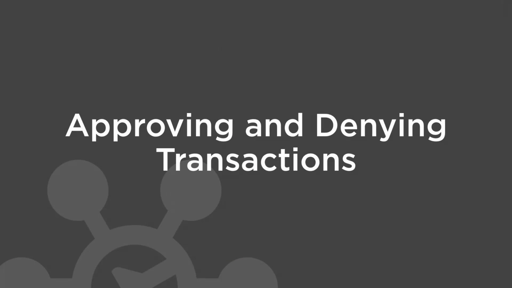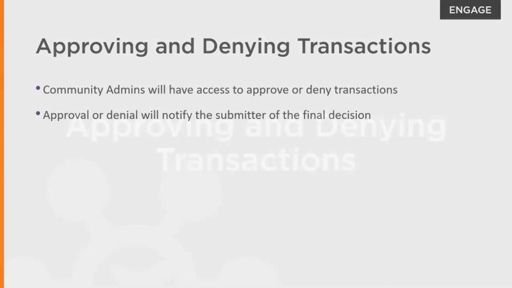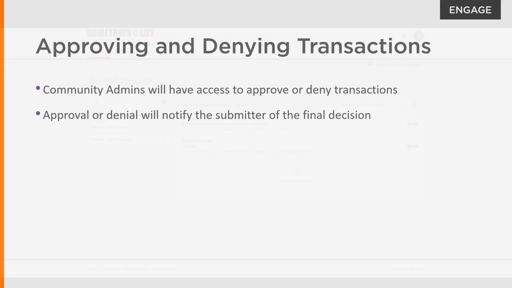Now let's talk about approving and denying transactions. Community administrators will have access to approve or deny transactions. Approval or denial will notify the submitter of the final decision related to that purchase or funding request. Let's look at what approving and denying transactions can look like now. We're going to move back to Engage,